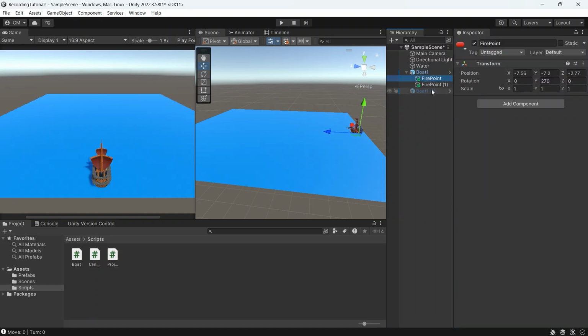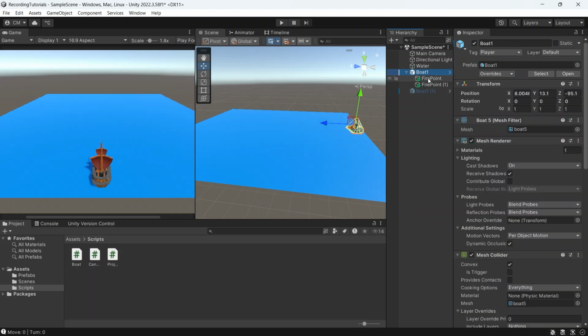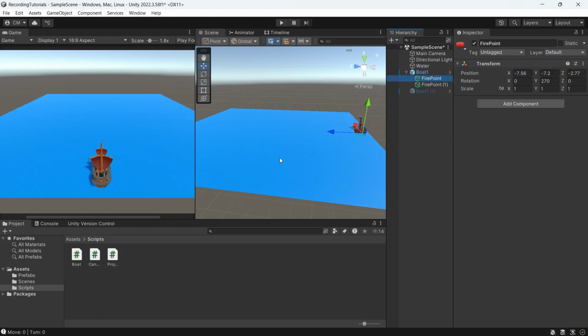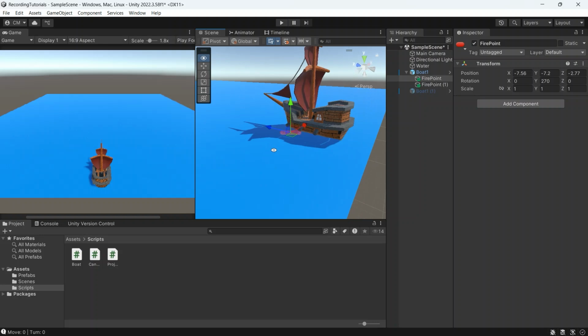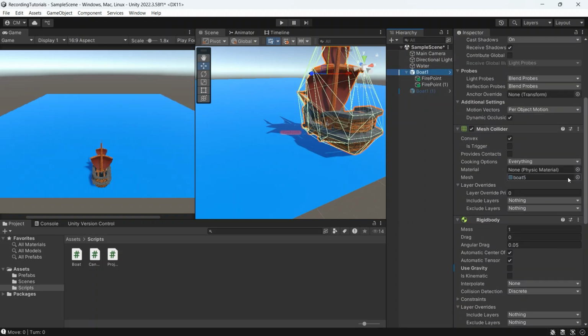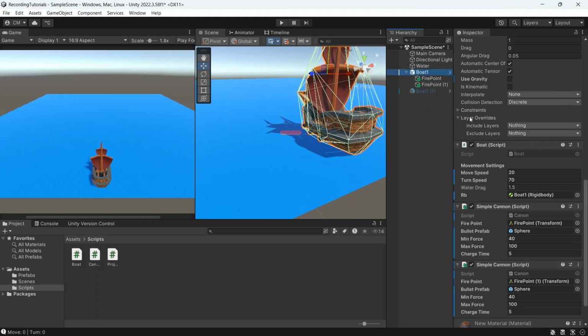This will be the one where the bullets will shoot. Once you create it and position it in the correct position, you must drag it here in the inspector under the Cannon script firePoint.